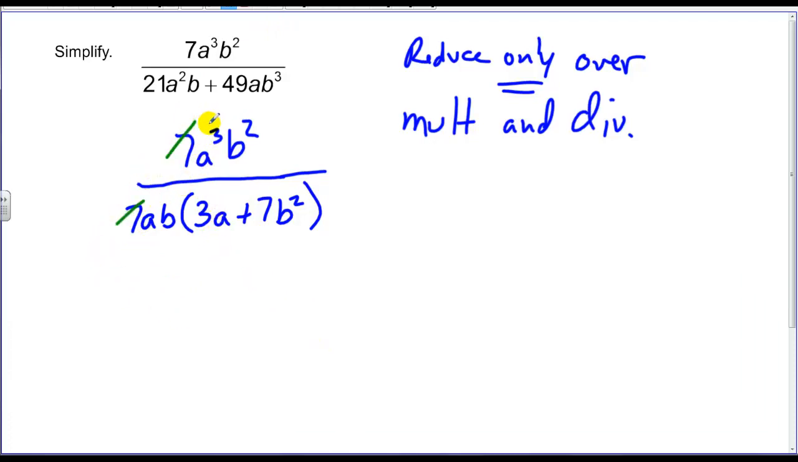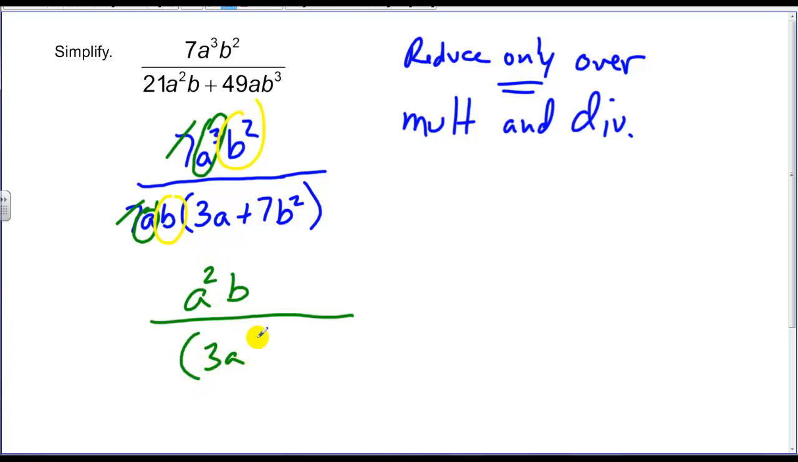I also see an a cubed and an a squared. And notice those are separated by multiplication, so I can reduce those. Remember, if I have a common base and a division of powers, I find my largest power, which is my a cubed, keep my answer there, which is the numerator, and subtract the powers. So that's a squared. And then you'll notice I've got a b squared and a b, which reduce to b in the numerator, leaving me with a 3a plus 7b